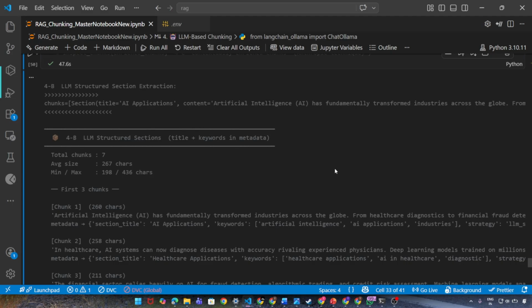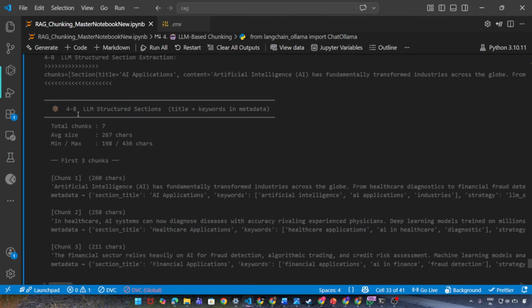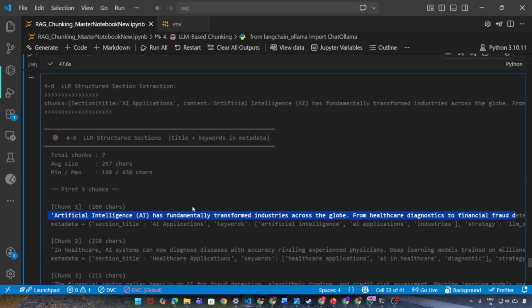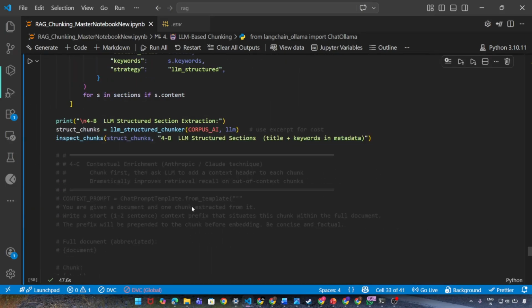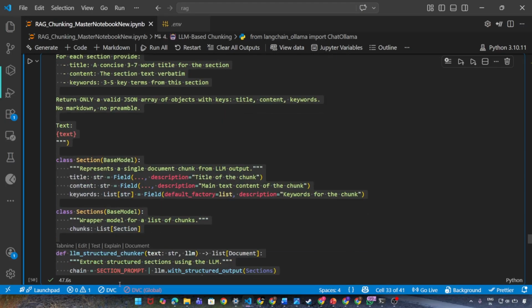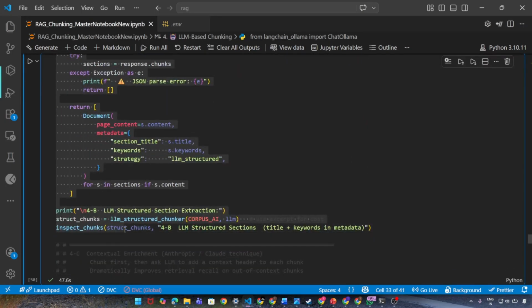Okay, so we got the answer again. Now we got 7 chunks, and you can see this is an example of one chunk. This is how we are getting the chunks. Now this part is also done, so I will just comment out this section and we'll focus on